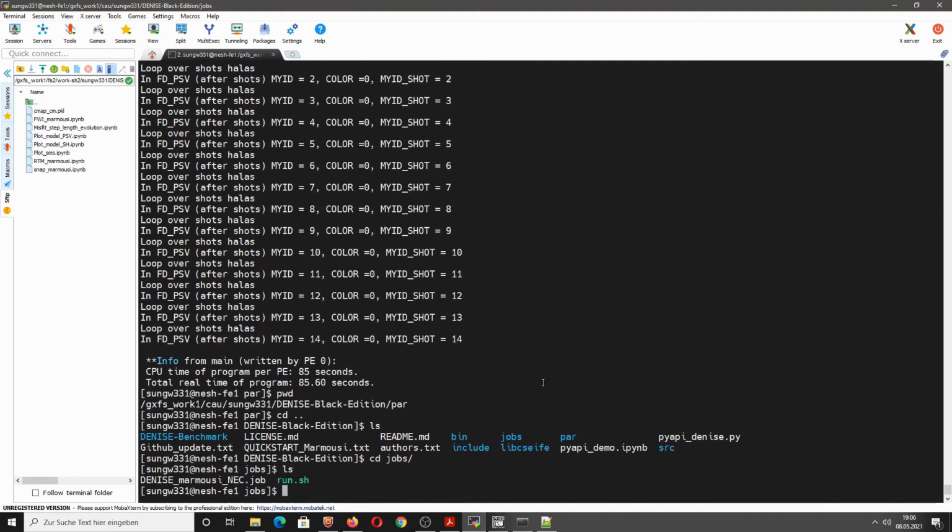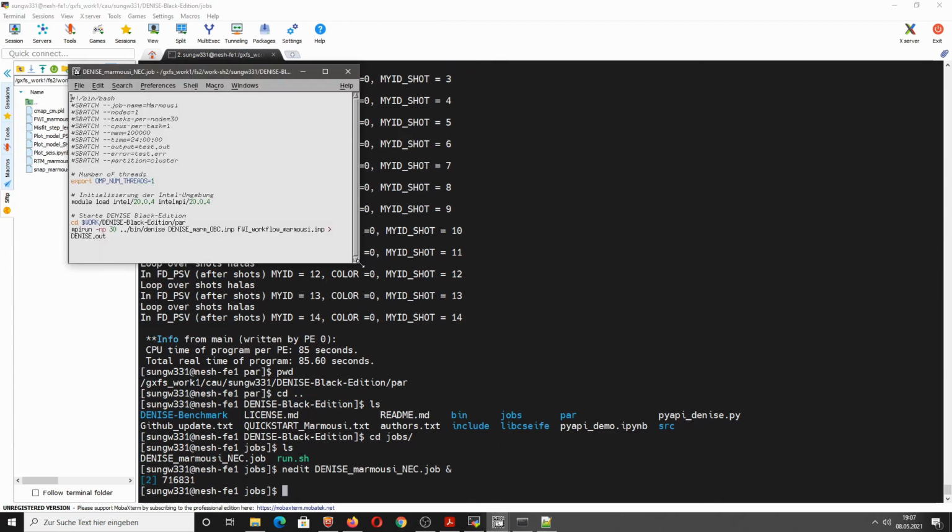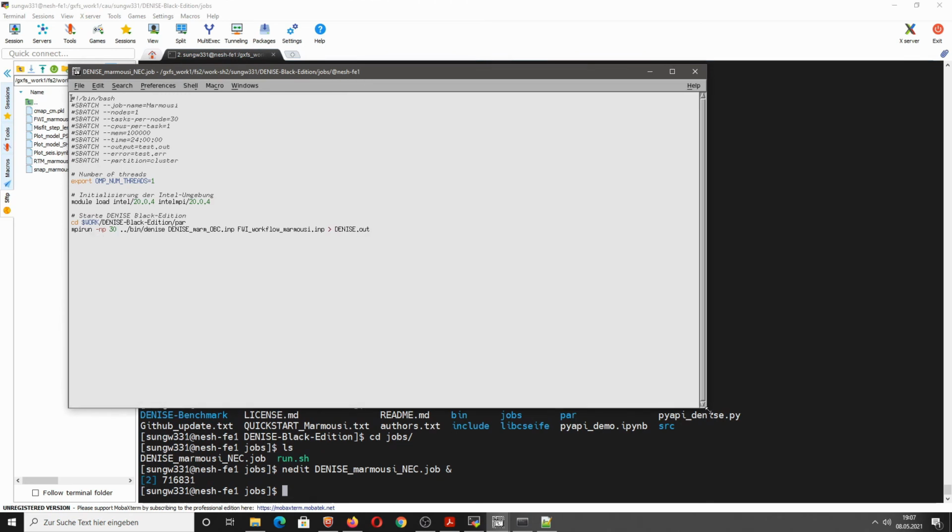And this is exactly what it sounds like. So this is batch. This contains a batch job script. If we edit that, you can see it's called a batch job script. So it's actually only a shell script, and it defines different parameters for the modeling or inversion run that you want to run on the supercomputer.